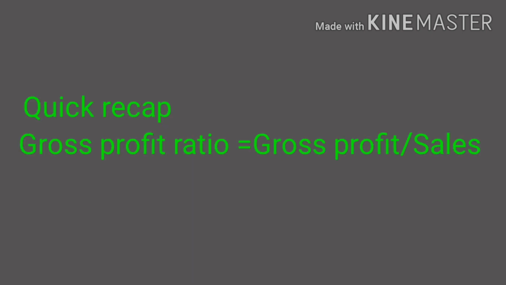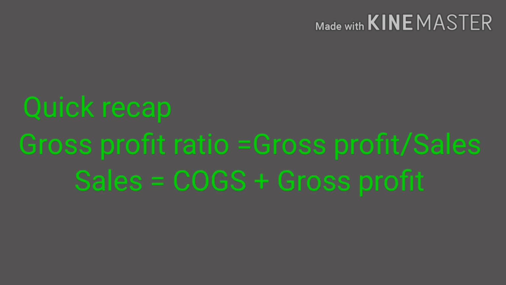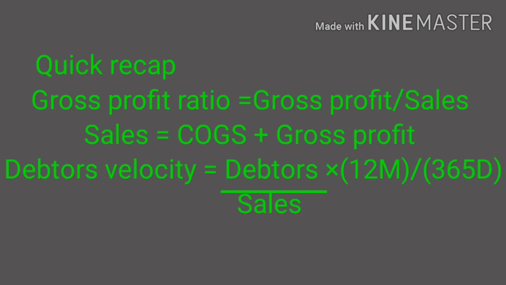Let us have a quick recap of the formulas and ratios we studied in this problem. Gross profit ratio is equal to gross profit divided by sales. Sales is equal to cost of goods sold plus gross profit. Debtors velocity is equal to debtors divided by sales. If you multiply by 12, you will get it in months, and if you multiply by 365, you will get